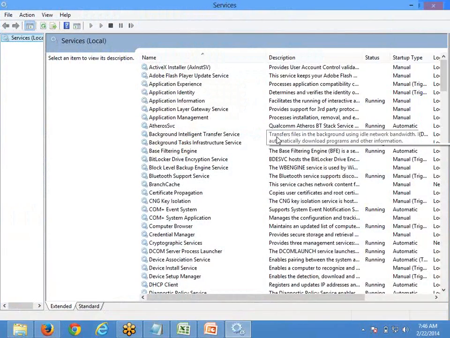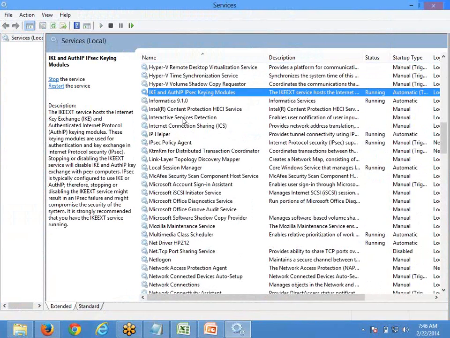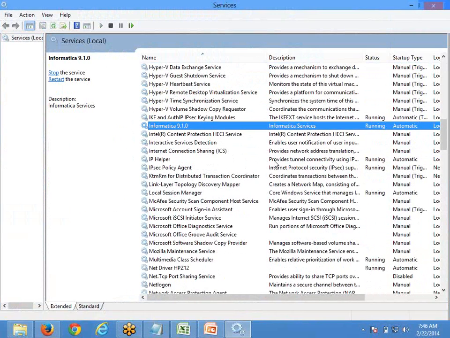Here you can see the Informatica services, and it can show you whether it is running or not. In case it is not running, you can start it. After installing the Informatica software, I can share the installation steps in case you want to install it on your own.